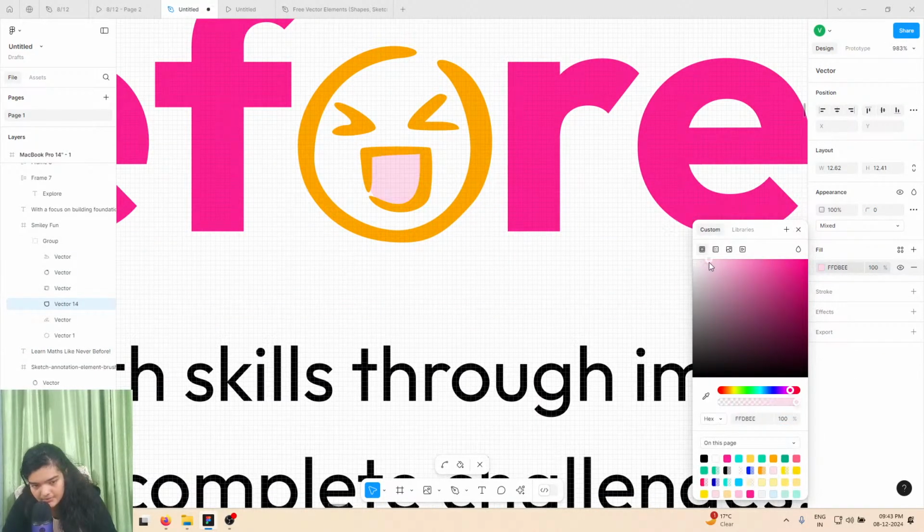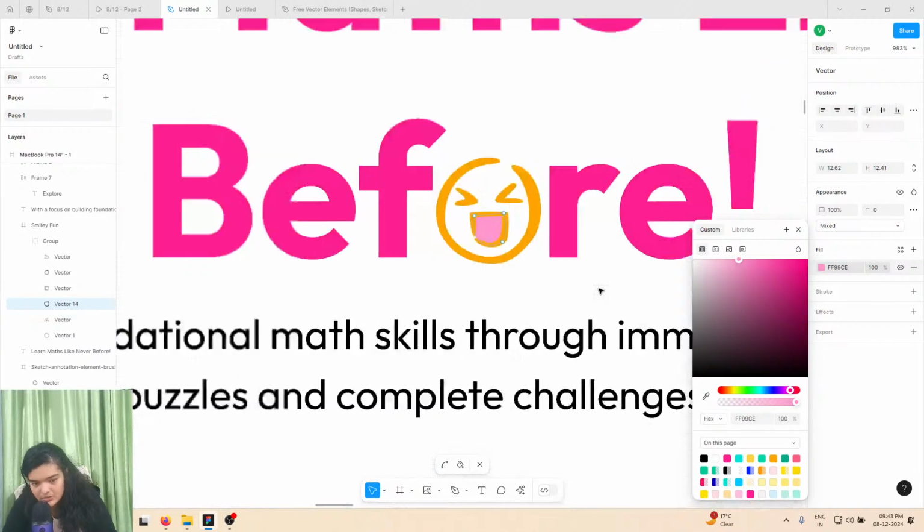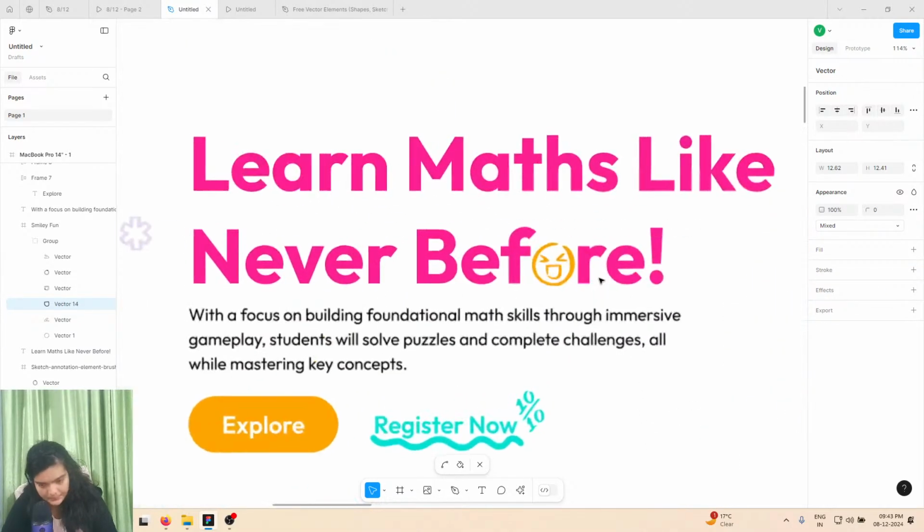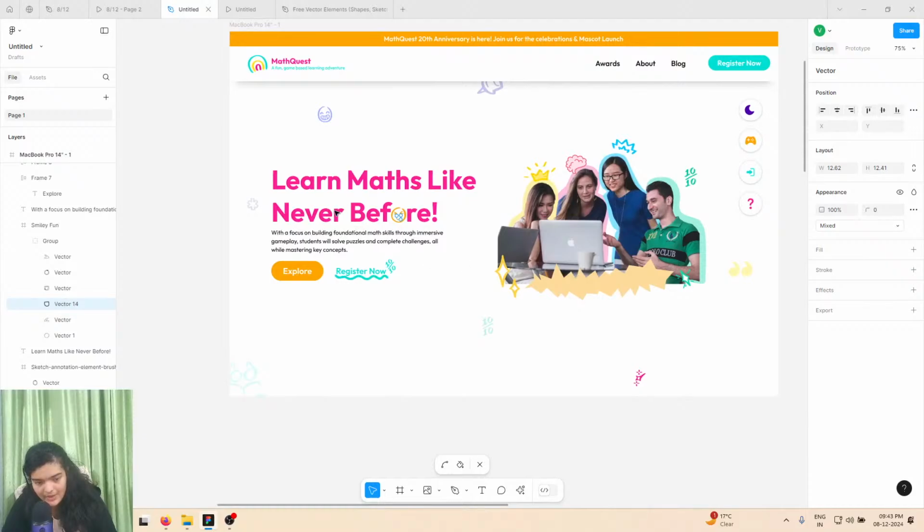Let's try a couple of shades. I feel like no matter what we do, the mouth is going to look weird. And even if I get rid of it, it's going to look weird. So let's just get rid of it, because there isn't anything we can do. I was just trying to help. Anyways,